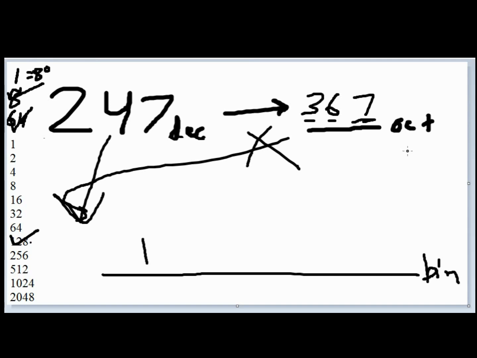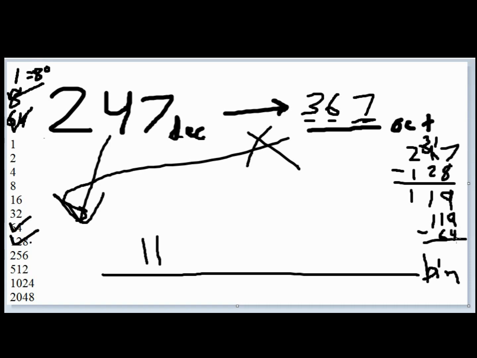And just like the octal number, I'm going to go ahead and see that out of the 247 little rocks, I have now represented, with that one stroke of the paintbrush, 128 rocks. So let me go ahead and, still using my wonderful top-down subtraction, I have 119 little rocks left to represent. So, can this 64 fit into that 119? Yeah, good. So I'm going to put that 1 right there. Now, with me representing out of the 119 little rocks, 64 little rocks, that means from now I need to represent